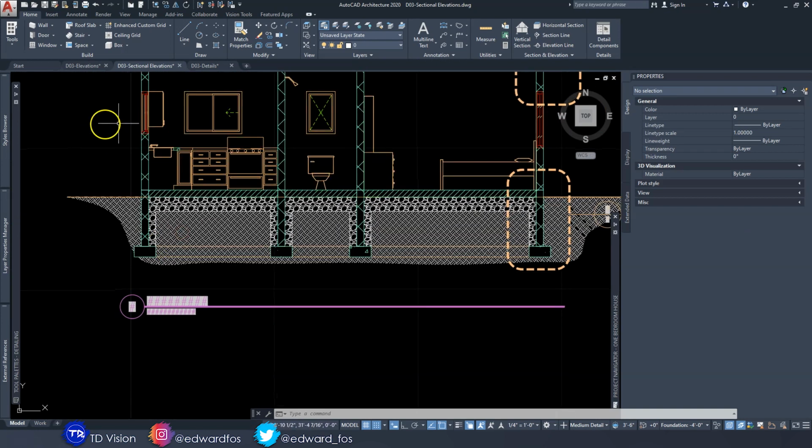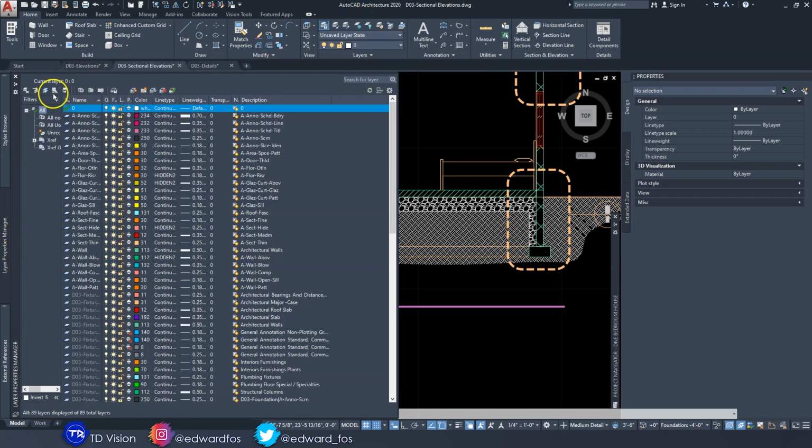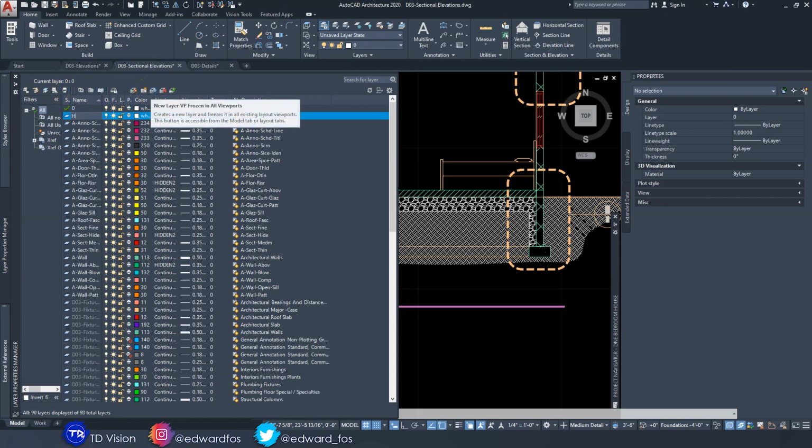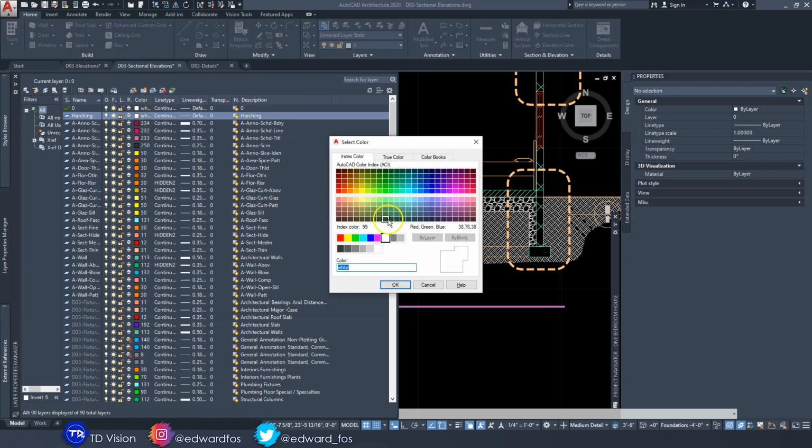You know what I forgot to do? I forgot to create a layer for hatching. So I'm going to go to my layer properties here. I'm going to create a brand new layer. I'm going to call it hatch. I'm going to give it a color now that is gray. I'm going to use this gray, and I'm going to make it, no, let me use a lighter gray, and